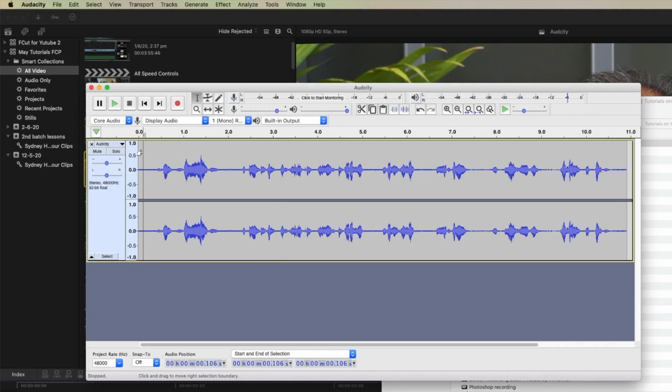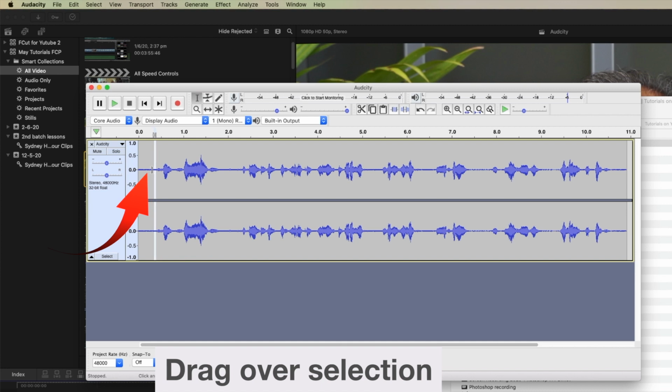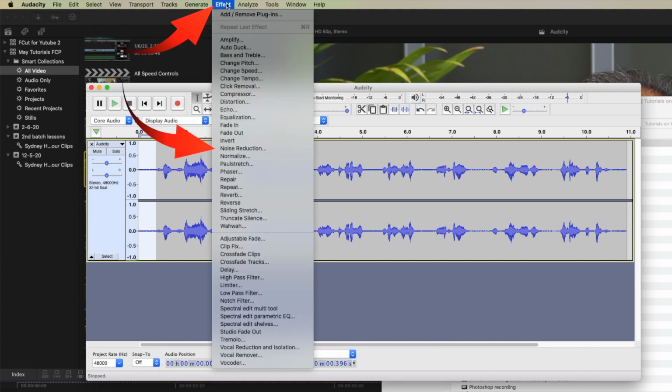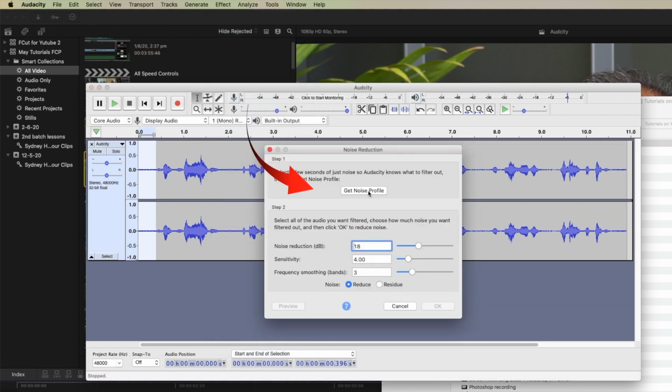You can hear that audio in the background. So what we're going to do is look for the loudest part of that audio. And it's in these portions here where that background sound is. And this certainly seems to be the loudest point here. So we're going to go up to the effects menu and select noise reduction and simply get